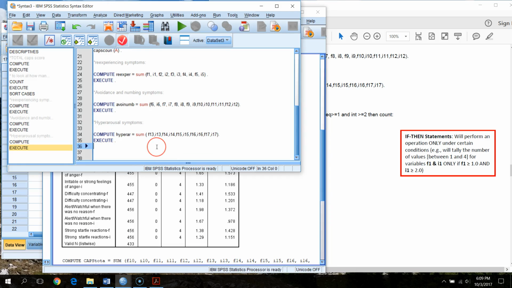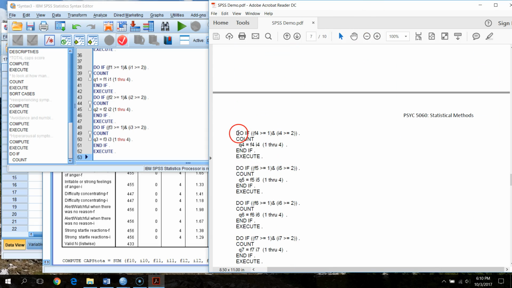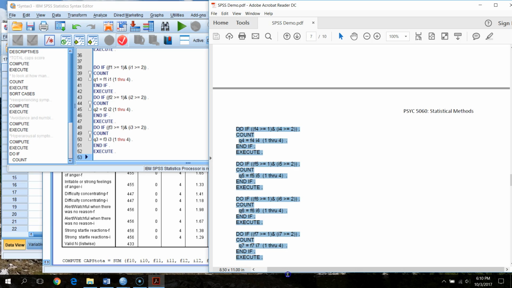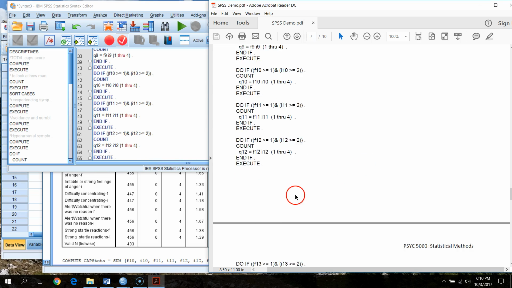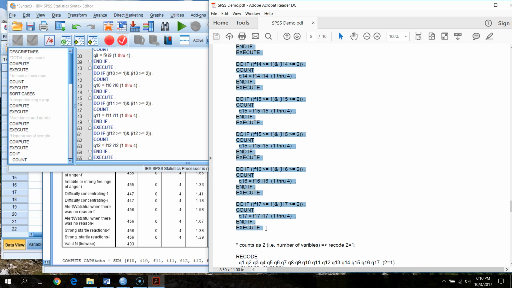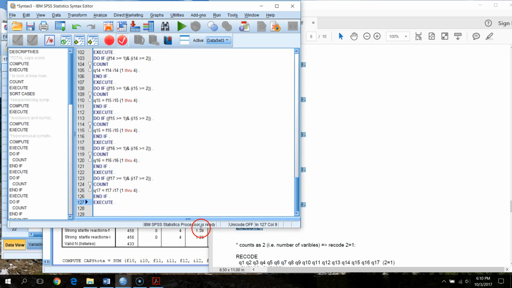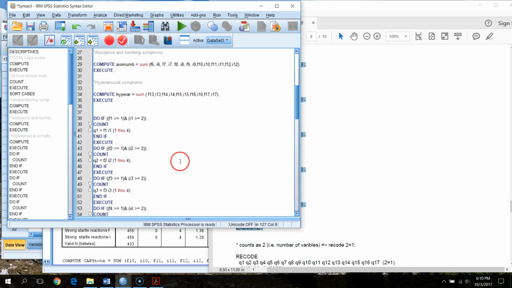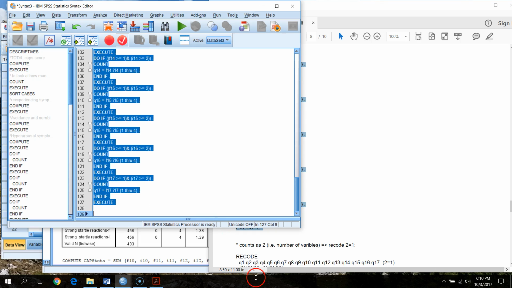Okay, so we're just going to go through and paste that in there, because with this measure we've got 17 symptoms. And so we're just repeating the same thing for each one of those 17 symptoms. If we pull this down, you can see we got a long stretch here, but what's nice is it's repetitive, and you can go through and set this up on your own if you needed to do something like this. And we can go through and hit run,